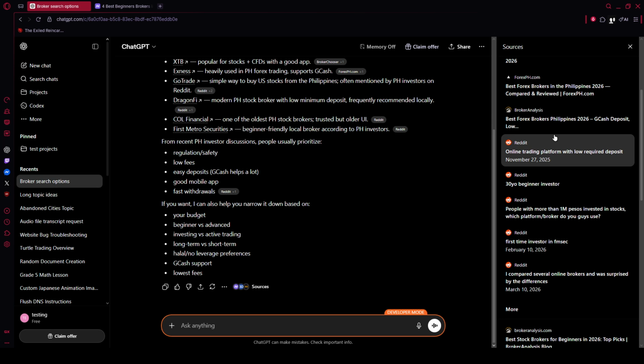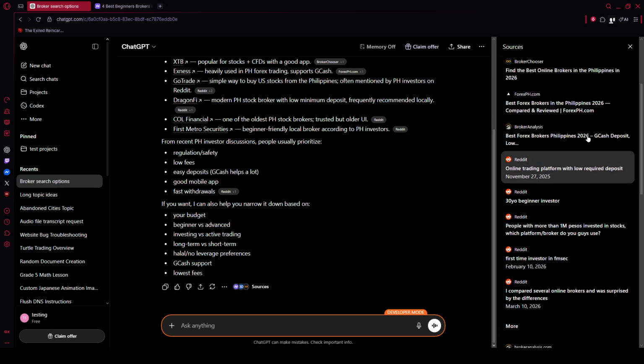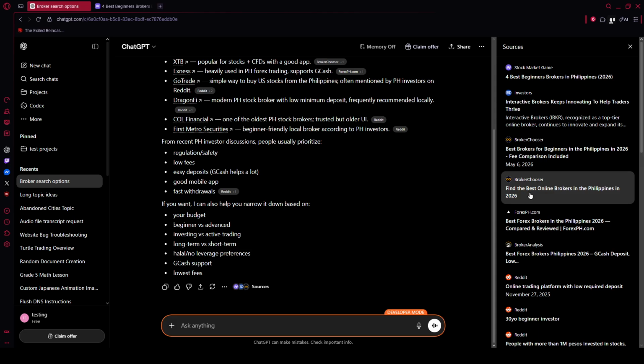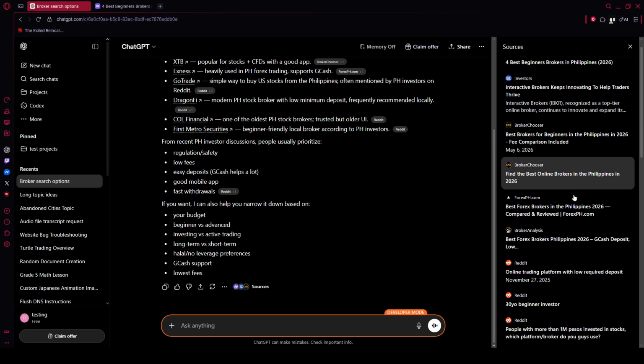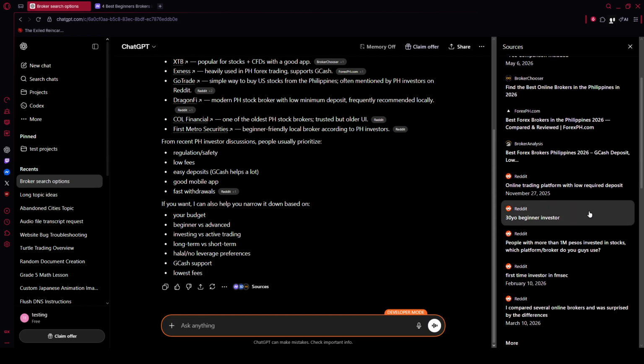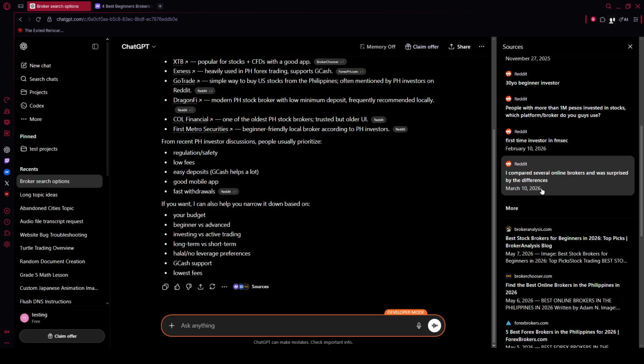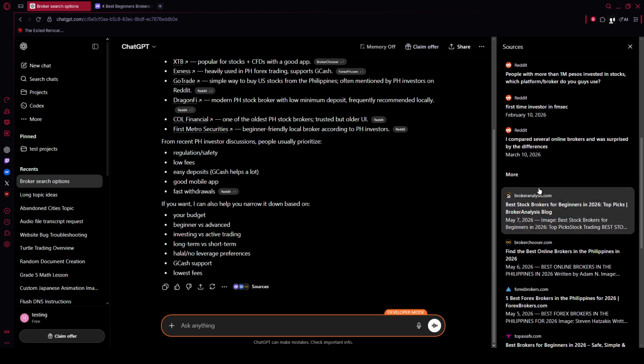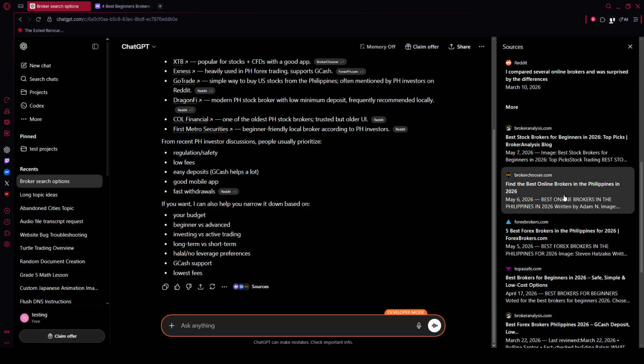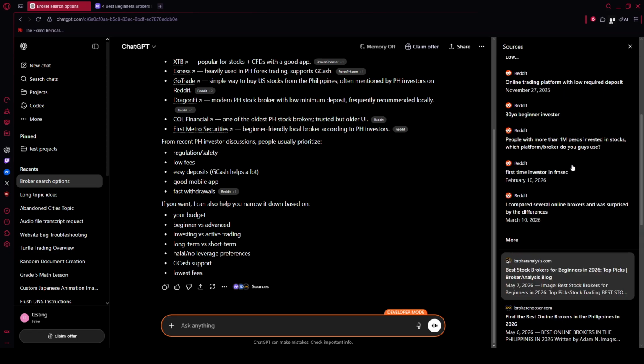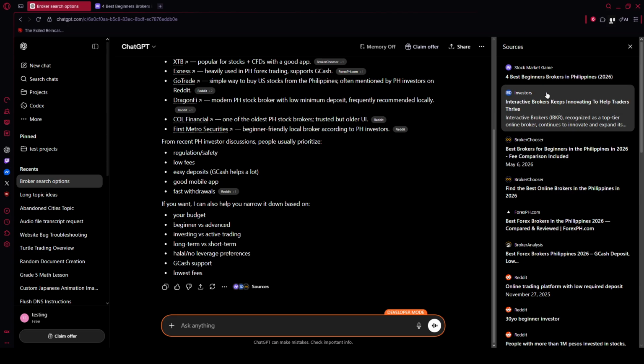Check publication dates, which matter a lot for fast-moving topics like market shifts, policy updates, or software releases. Scan for diversity. Multiple distinct domains suggest cross-examination, while a single source on a technical claim is a cue to verify independently. And always run the click-through test. Open any title to load the original page in a new tab and trace the precise paragraph that informed the